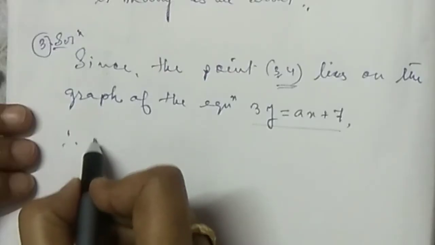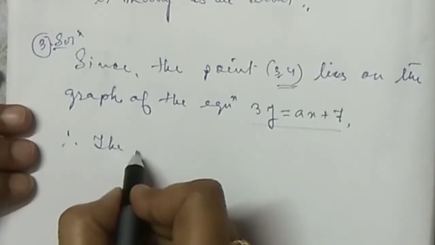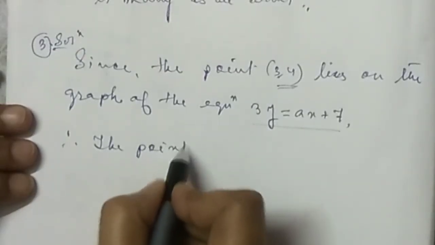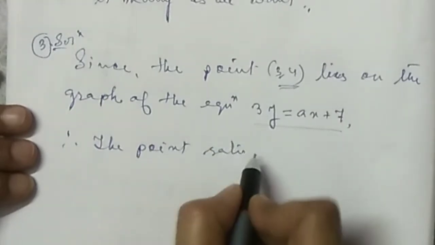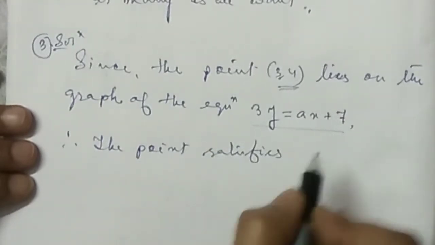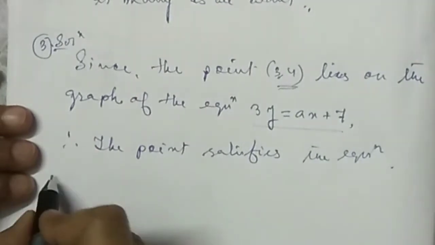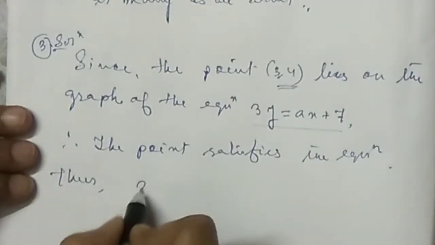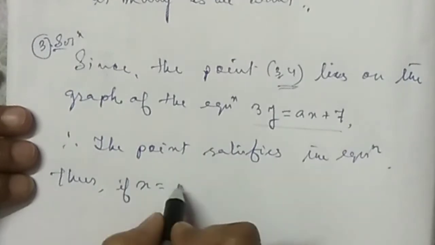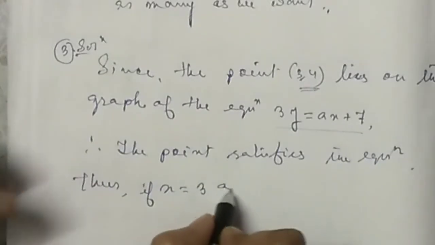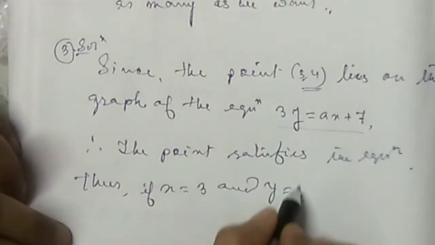Then the point satisfies the equation. Thus, if x equals 3 and y equals 4,